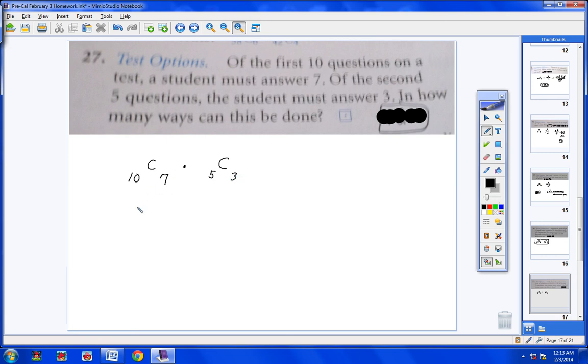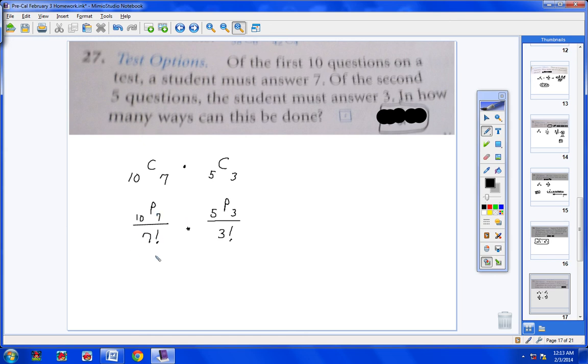Okay, now let's go ahead and work with this one first. We would have permutations of 7 over 7 factorial times, here we would have permutations of 3 out of a group of 5 over 3 factorial. Now I'm going to grab my calculator real quick. To be honest with you,